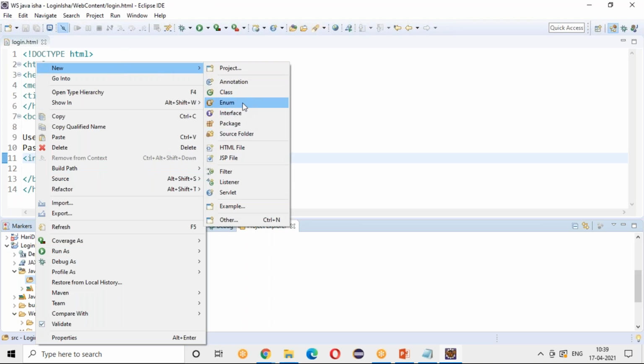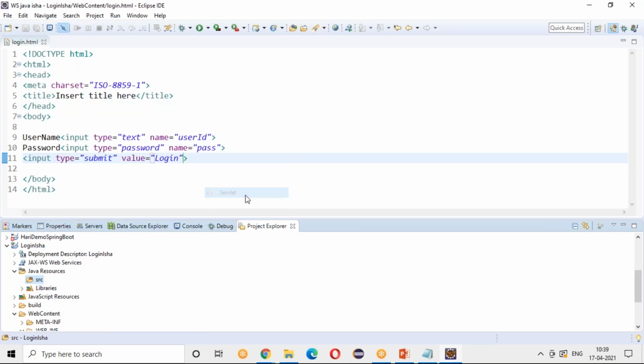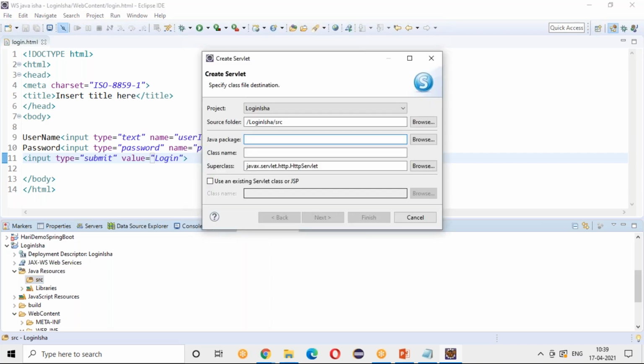Just as you have an option to create a class, similarly Eclipse will provide an option to create a servlet. That's the reason IDEs are very useful. If you write it with normal Notepad, you need to manually write everything, but your IDE will at least generate the templates for it, and you can start coding your part. So I can give the package name where I want to do these things.